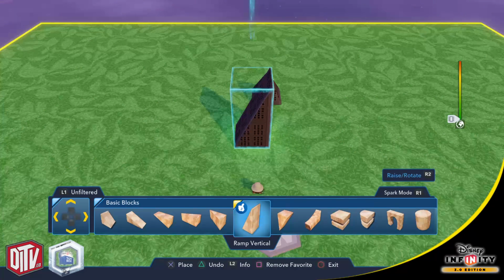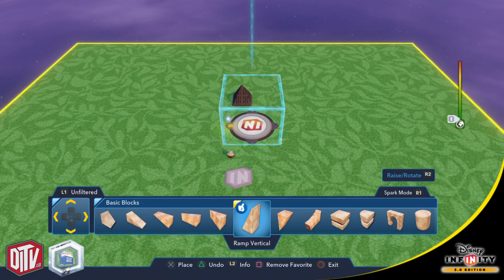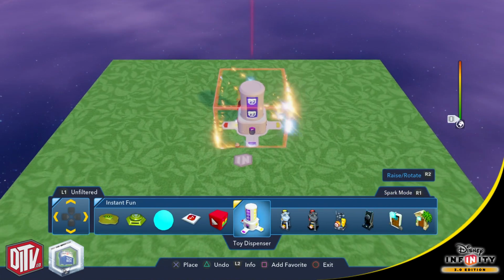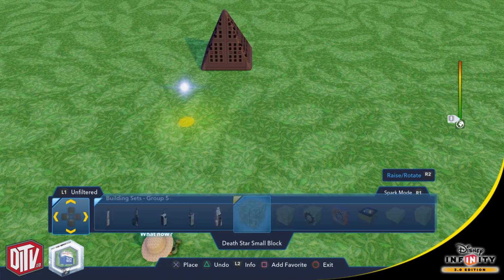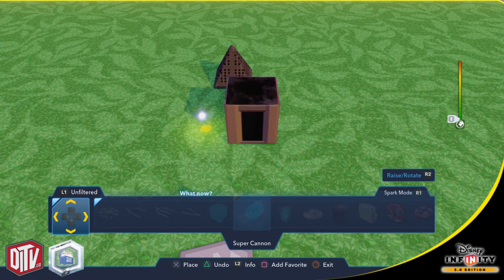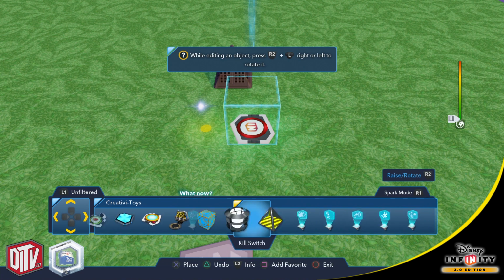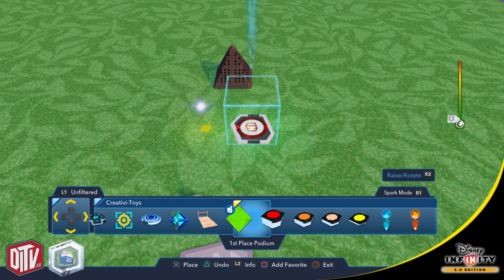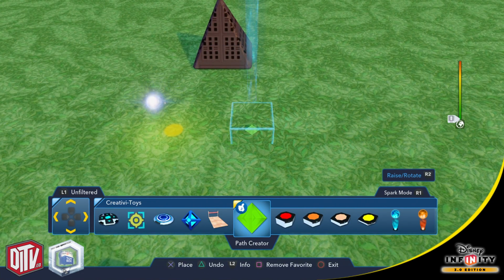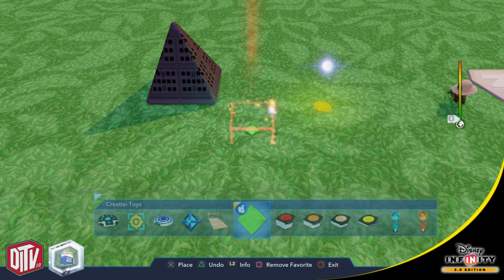The first thing I want to do is make sure that my vehicle is set up. So let's go to the Creativitoys. Now, if you have anything to do with the toy box, I suggest you favorite this path tool ASAP because you're going to use it a lot when building toy boxes. It's this one right here. As you can see, I've already favorited it. But basically what we're doing here is we want to create a path around this particular